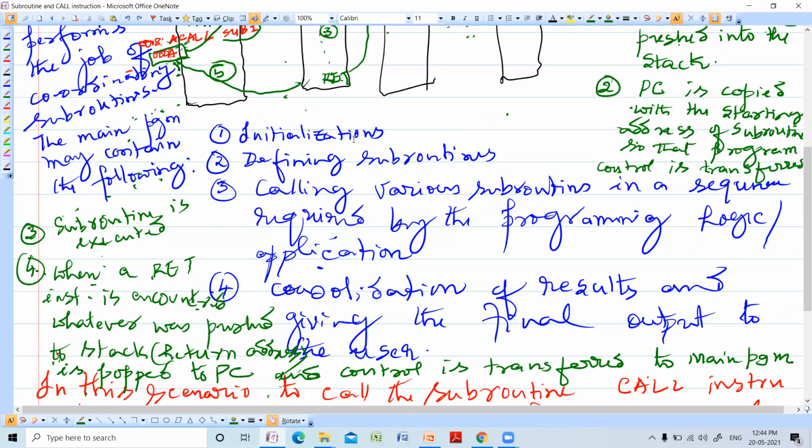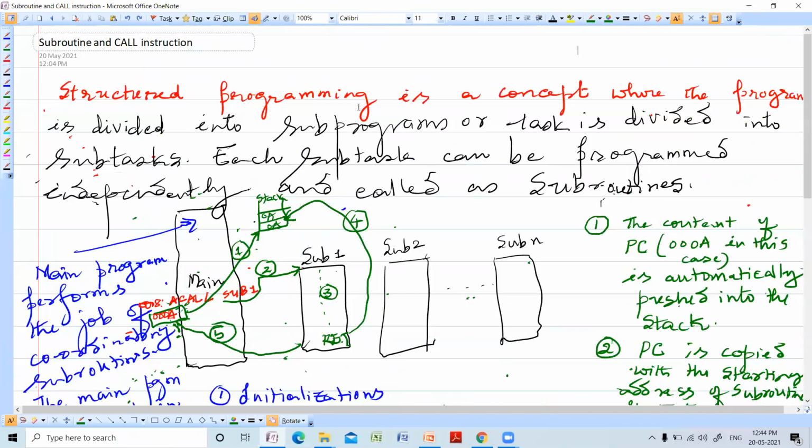The return address of the main program was pushed into the stack as the first step. So whatever was pushed into the stack is popped to the program counter and control is transferred back to the main program. So this is how the call and return instructions are executed.